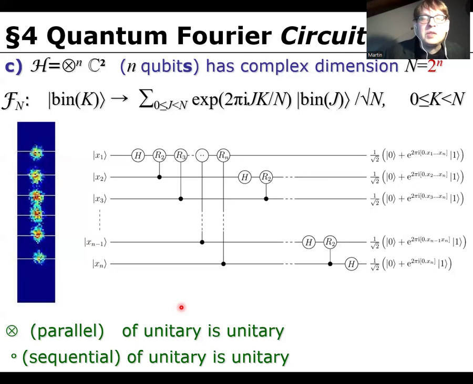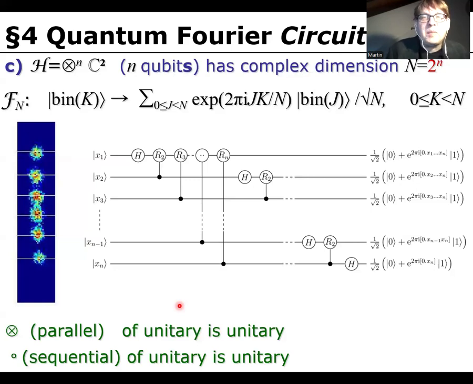So we can use these two operations to construct more complex quantum circuits from very small basic ones. And this quantum Fourier circuit that you see here is an example of that. Okay, so now we're already making big steps towards, remember, our goal is Shor's algorithm, but first we need to discuss the so-called